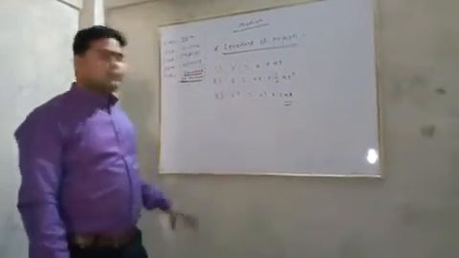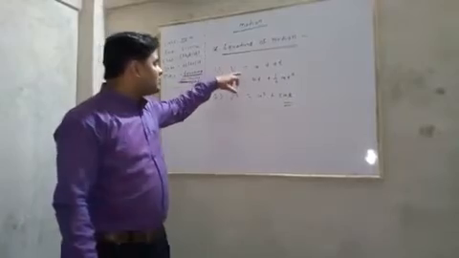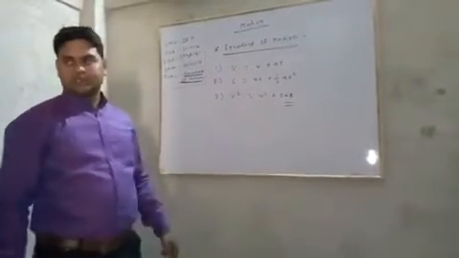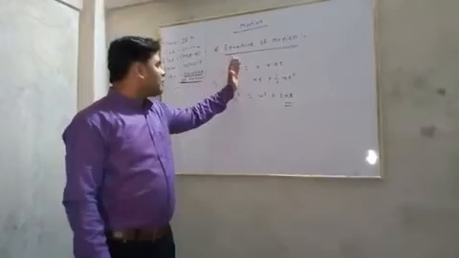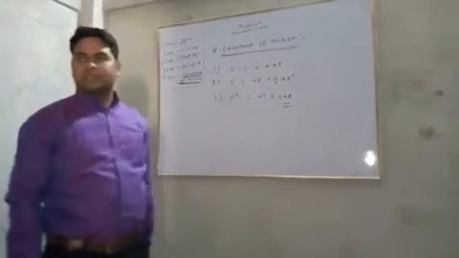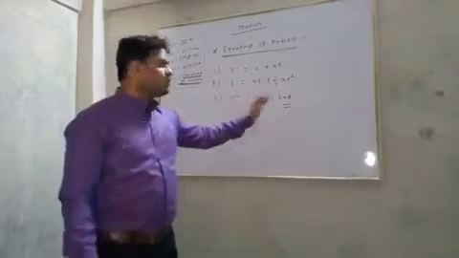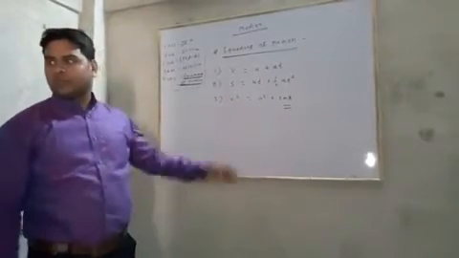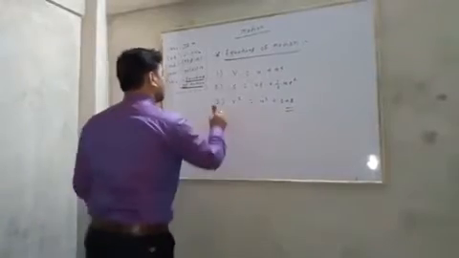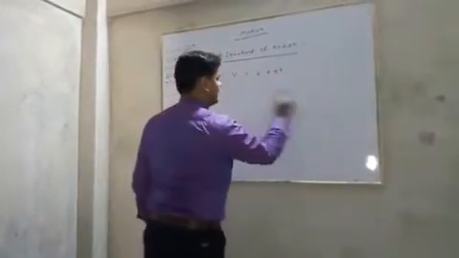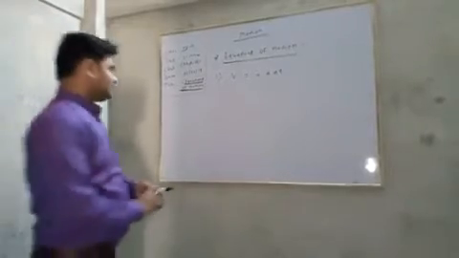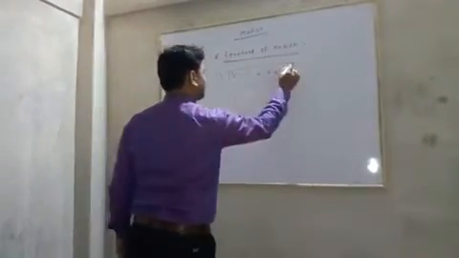Now, today we will discuss how these equations come. We will prove these equations. How we can prove v is equal to u plus at, how we can prove s is equal to ut plus half at square, and how we can prove v square is equal to u square plus 2as. Then the first equation is v is equal to u plus at. We have to prove v is equal to u plus at. This is the equation of our motion.